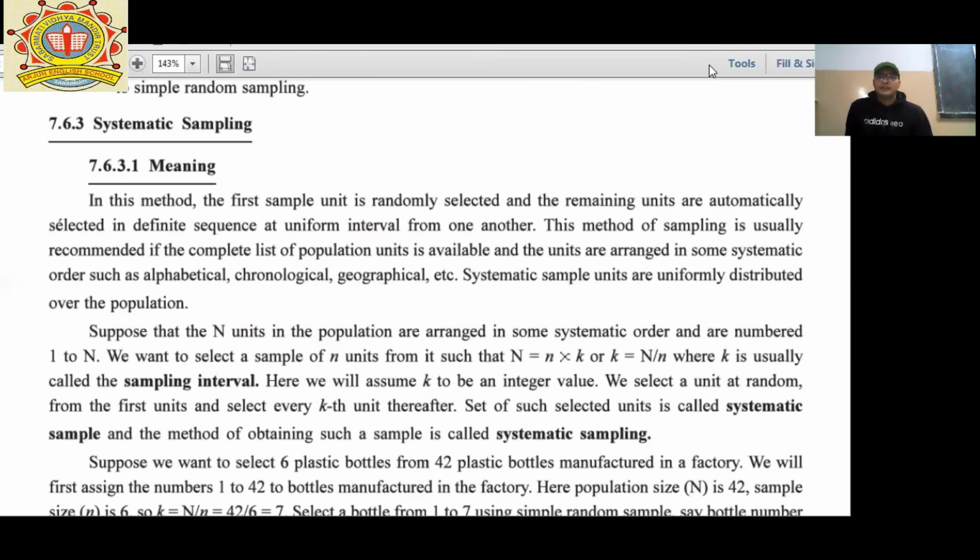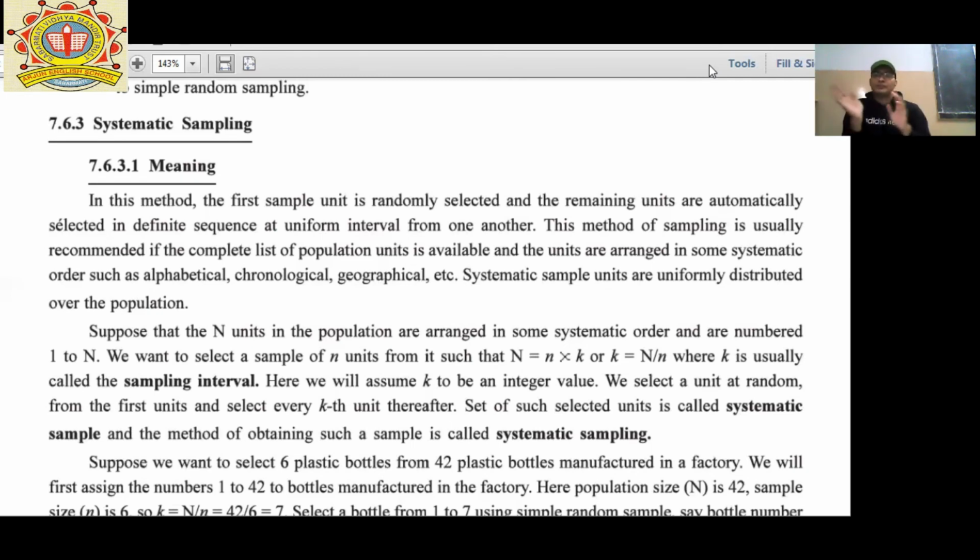We select a unit at random from the first unit and then select every kth unit thereafter. The set of such selected units is called a systematic sample, and the method to obtain such a sample is called systematic sampling. It means we are not selecting 10 samples from 1 to 100 or 100 to 200 or 500